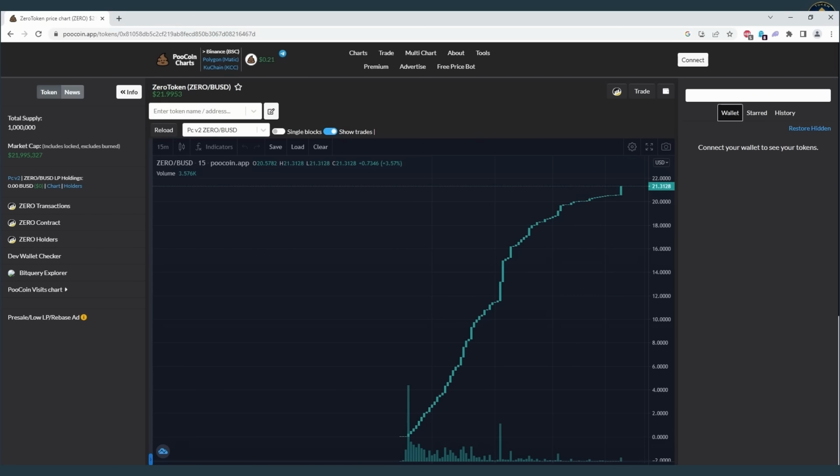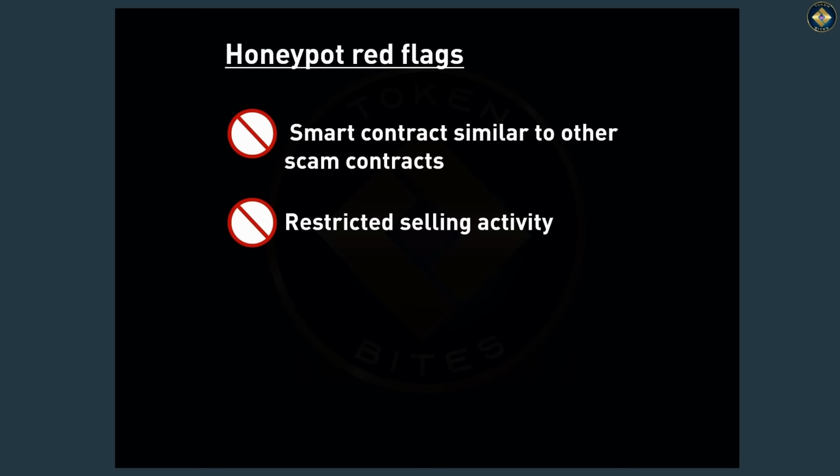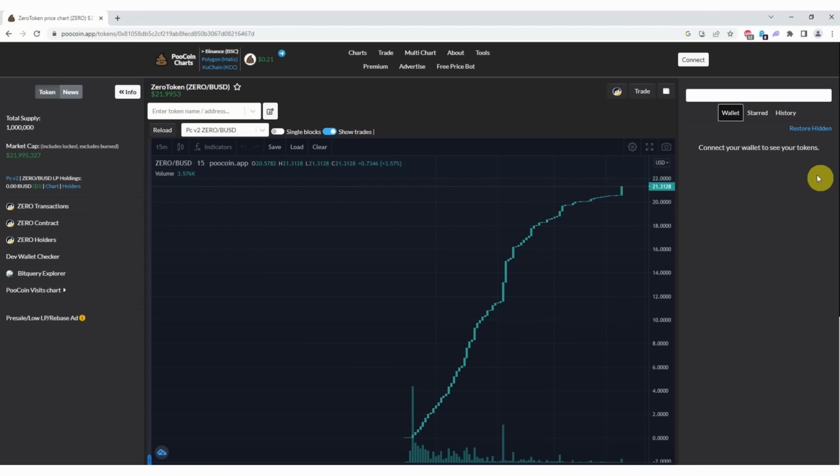In order to prevent investors from detecting honeypots, they create and use dedicated wallets to simulate buying and selling activity. The intent is to deceive investors into thinking that the scam token can effectively be sold and is not a honeypot. So how do you spot this from genuine tokens? You can detect this by checking the trading records and checking if there are only certain wallets which can sell. You could easily find this on PooCoin.